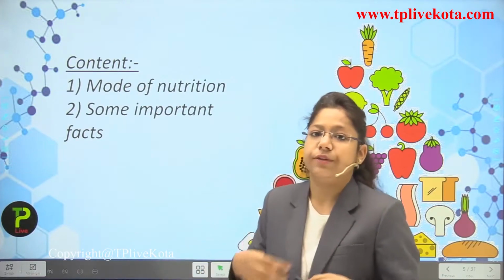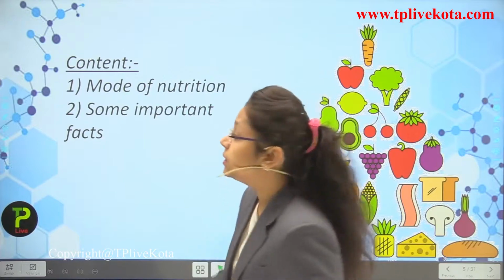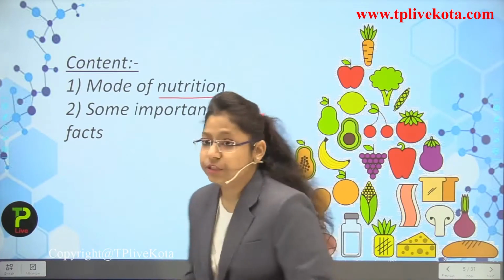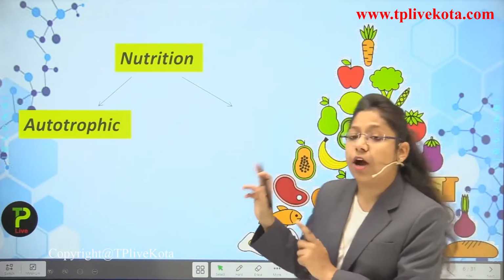So, how they do it, we are going to study about this thing in the next lecture. But let's see first the mode of nutrition. So what is the mode of nutrition? Actually, the mode of nutrition is divided further, or we can say it is bifurcated into two categories, students. So what are the two categories of mode of nutrition? The first one is the autotrophic mode of nutrition and the second one is the heterotrophic mode